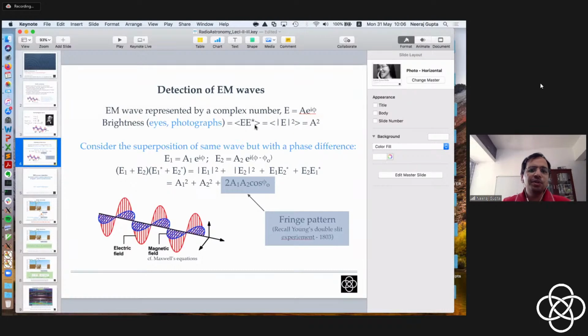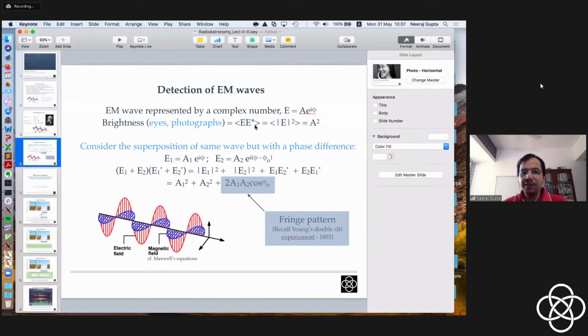The very important thing to understand when we are talking about radio astronomy is that when electromagnetic waves, the radio waves, are traveling along two different paths, they would experience a phase delay, right? Even if I take the same wave and it's traveling along two different paths, it would experience a phase delay. Think of a situation which we encounter in Young's double slit experiment. We have two slits illuminated by the same source, but if we are looking at a point on the screen and the radiation from the two slits is traveling a different path, then it would experience a phase delay,